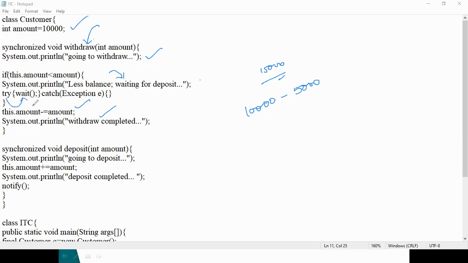In the try block, I'm calling the wait method. So the thread will be in the waiting state. Once the deposit is done, we are calling the notify method so that the thread will withdraw the amount again. So here,